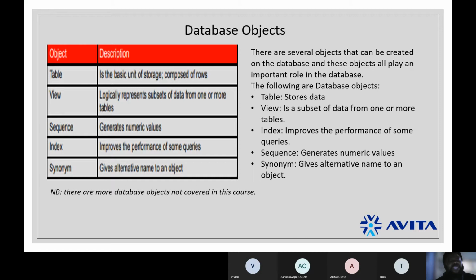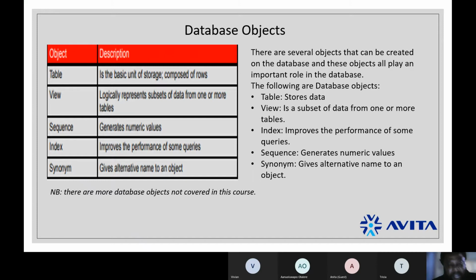So a view cannot exist on its own. It exists based on some tables.